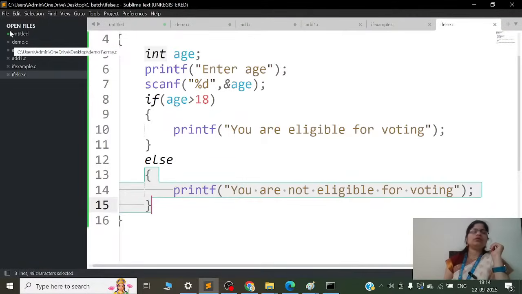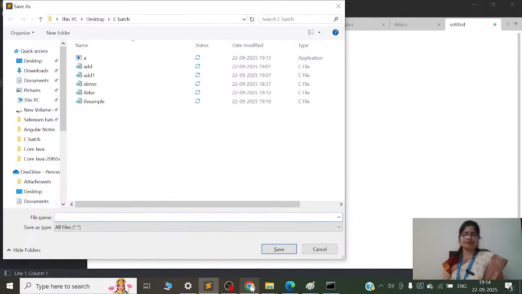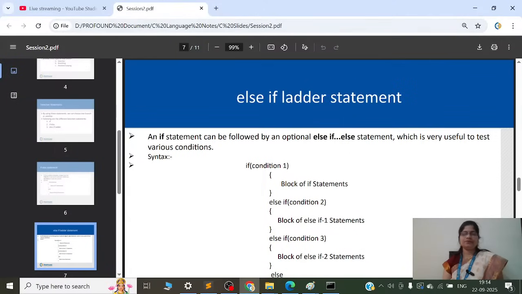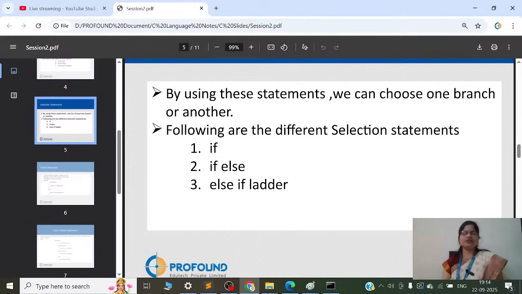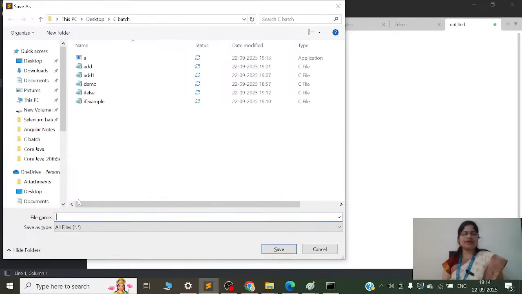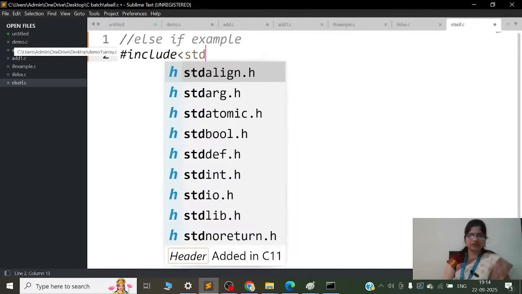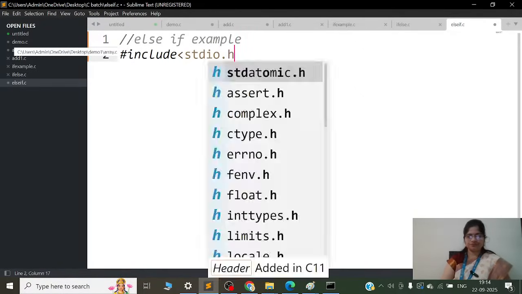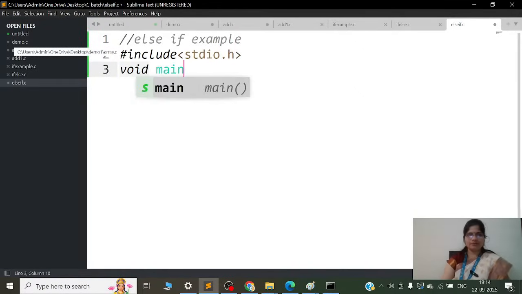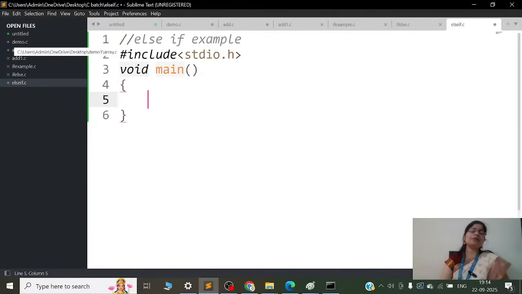ठीक है. नाउ नेक्स्ट वी वांट टू गेट द इफ एल्स इफ लैडर. ठीक है. सो हमने इफ देखा, if else देखा, now we will go for if else if ladder. So for if else if ladder, else if dot c. ठीक है. else if example. So here hash include stdio dot h. We will be having a main function. Inside main function,